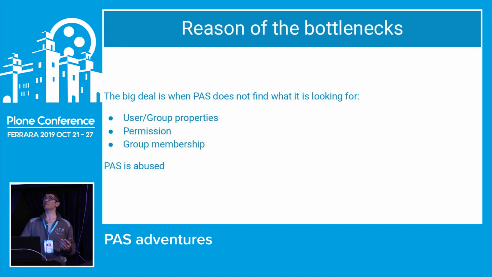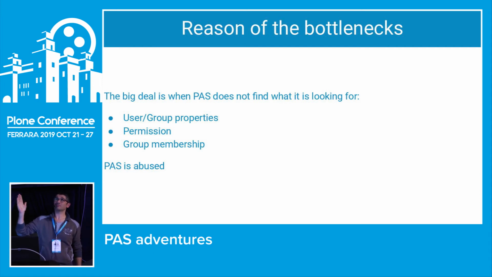finding what it was looking for, it was trying to use all the plugins, for example, for taking user and group properties, to check the permission and the group membership and the roles. And PAS was abused. Why? Because, for example, there were many groups, for example, the collective workspace groups, which made sense just inside the workspace, that basically were for sure collective workspace groups, but PAS did not know about that,